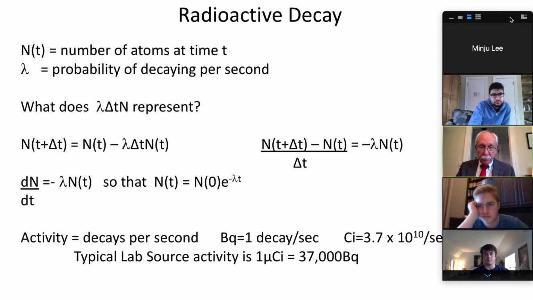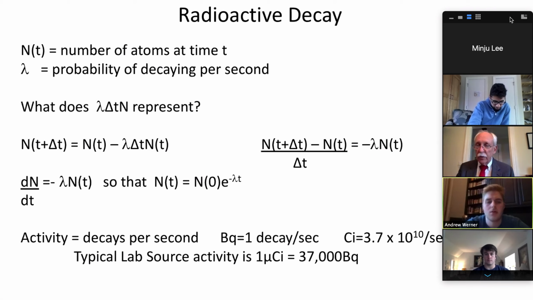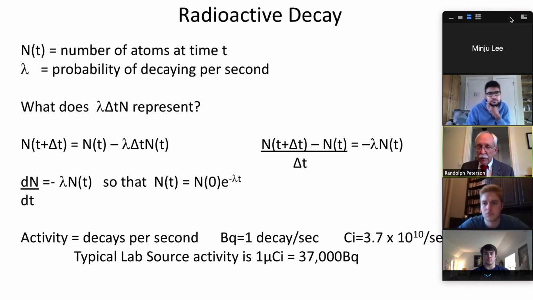So it doesn't take a lot of material to make it very radioactive. And the shorter the half-life, the higher the activity. Does that make sense? Yes. So if you got the same number of atoms and you cut the half-life in half, that doubles the lambda. And lambda N is your activity. So if you make the half-life shorter, the activity gets proportionately higher.